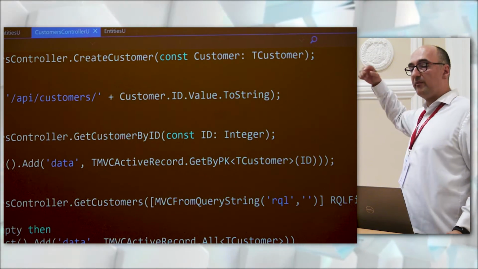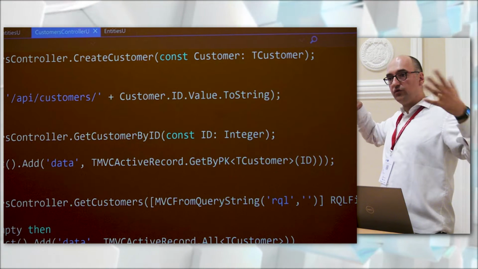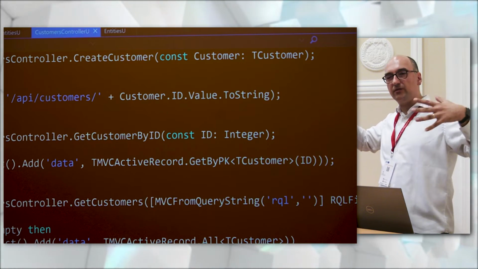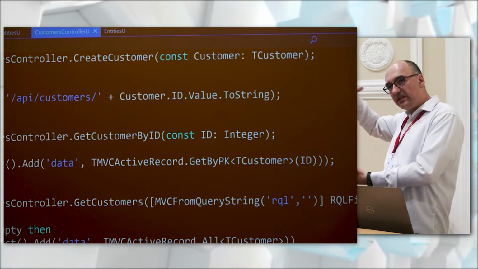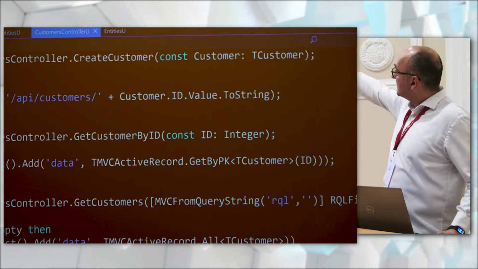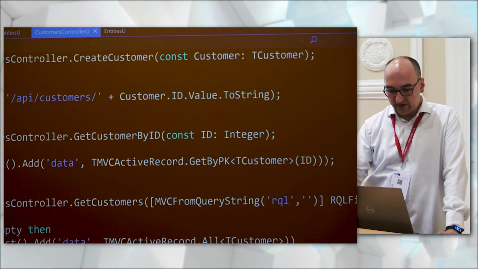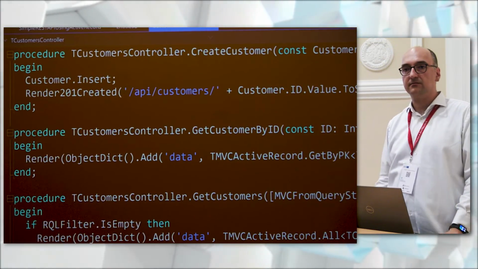For a create, do you remember in the first part how much code you needed to write to create an insert with all the safe parameters? Here: customer deserialization, directly customer.insert.